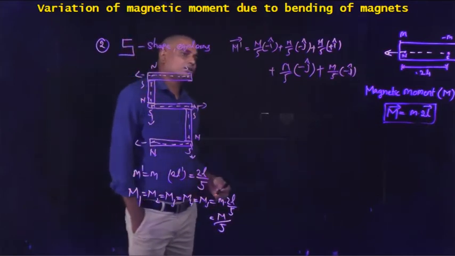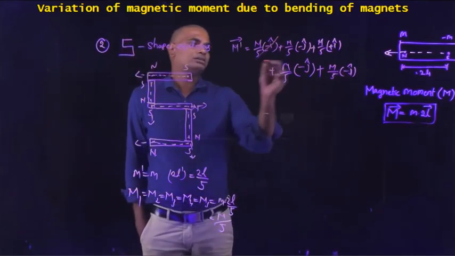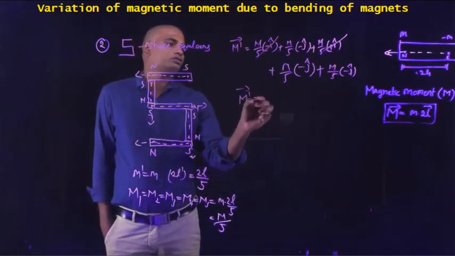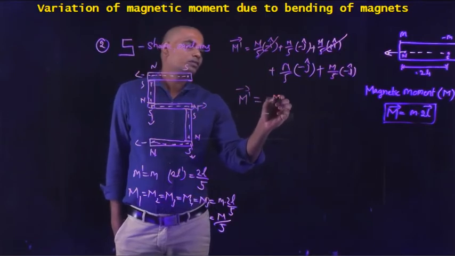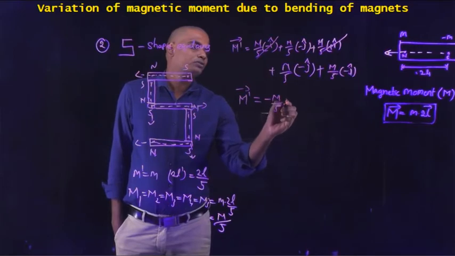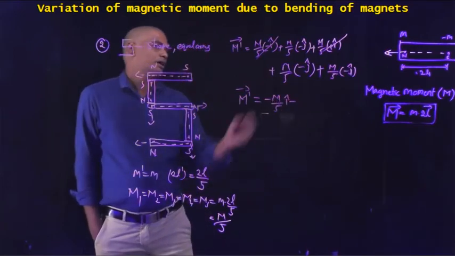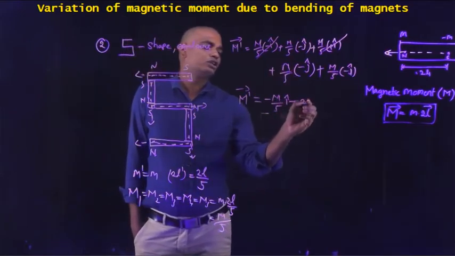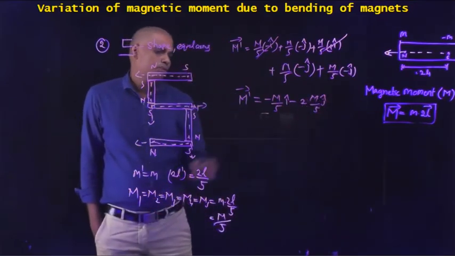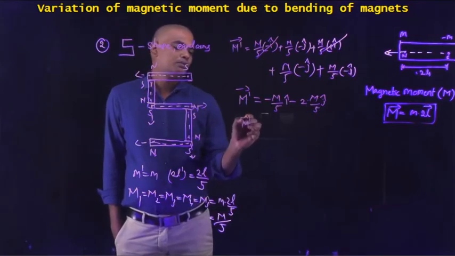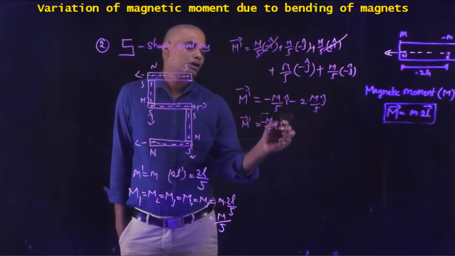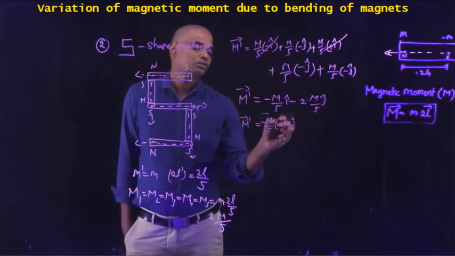Here, can we cancel anything? Yes, of course. m by 5 minus i, m by 5 plus i. So the resultant m dash bar is equal to minus m by 5 i cap minus j, so minus 2 into m by 5 j cap. From which we can take common minus m by 5 into (i plus 2j), whose magnitude